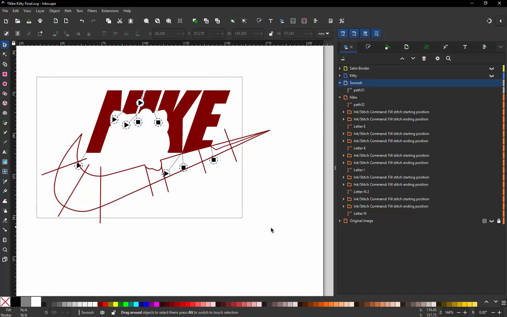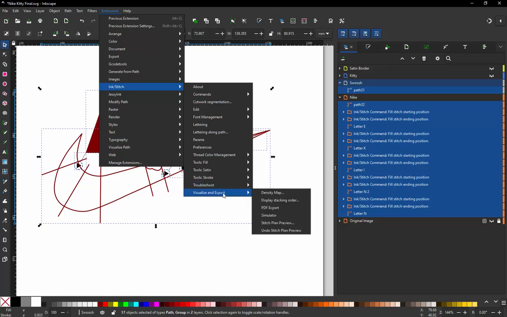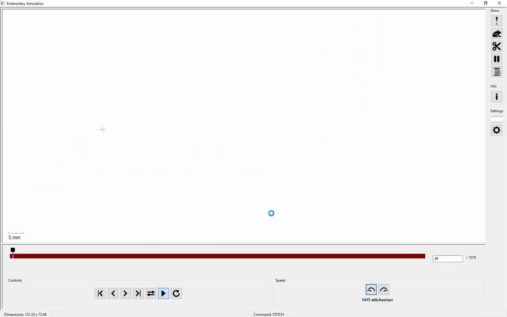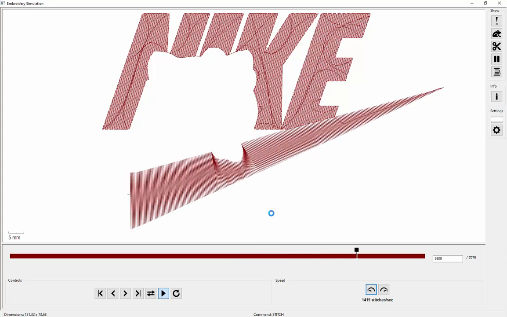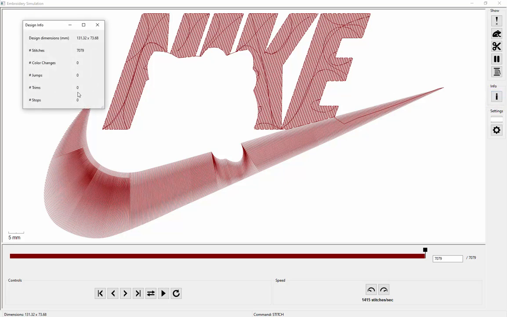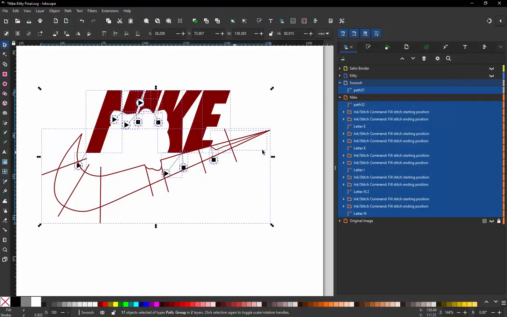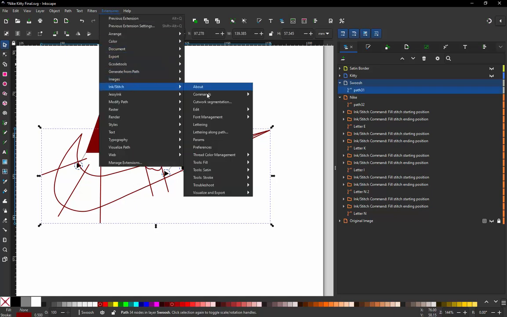So now we'll go ahead and do this again. So extensions, InkStitch, Visualize, Simulator. And now when we click our info, you can see we have 0 thread jumps. And that ultimately is what we want. Okay, so we're good to go there. I do want to just show you one other thing that you could possibly run into. So we're going to go to InkStitch params,